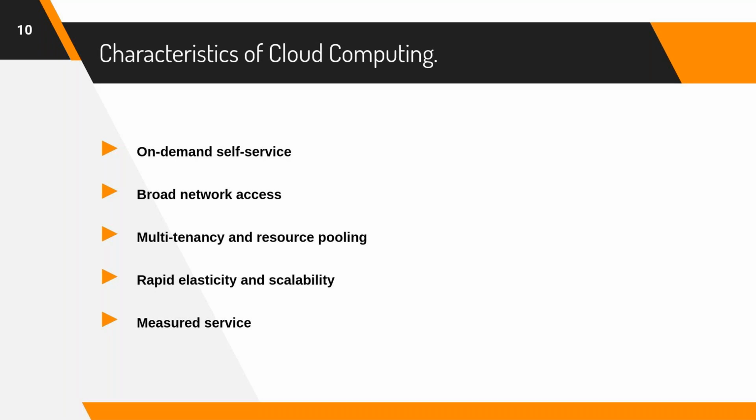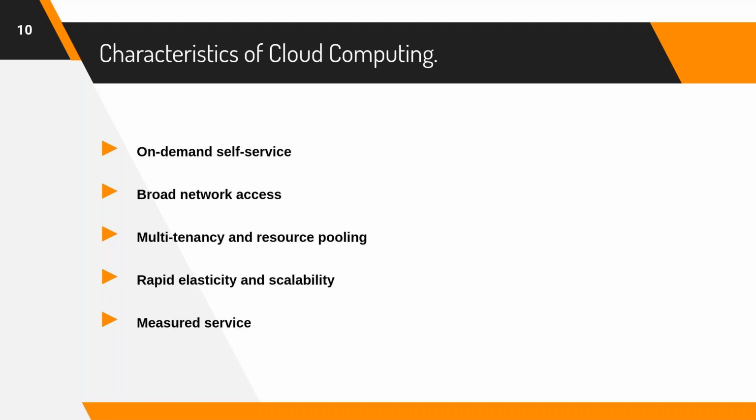Okay, and next thing is rapid elasticity and scalability. This is one thing that makes cloud super cool, and everyone is going towards cloud. The factor is rapid elasticity and scalability. Elasticity means the ability to increase from, let's say, one virtual machine to 10 virtual machines, or 1 GB of storage to 1 terabyte of storage within a matter of minutes. At the most minutes only. In the matter of minutes, you can provision storage from 1 GB to 1 TB or even more than that.